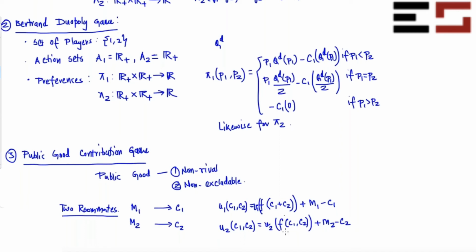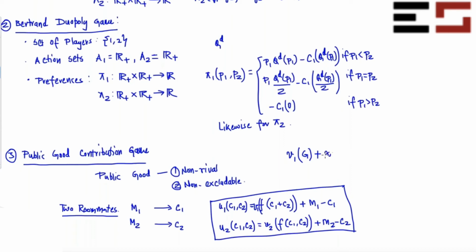Is that okay? So this is a feature, and this is how the feature gets converted into the utility. This v function will do that, and plus m2 minus c2 is basically whatever is his remaining amount after contributing c2 to the public good. So you can consider these kinds of utilities. These are also known as quasi-linear utilities. Why are these quasi-linear? Because if you really think about it, it's v1 of g plus